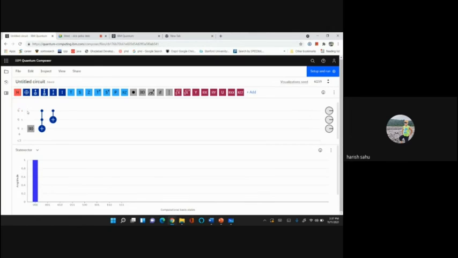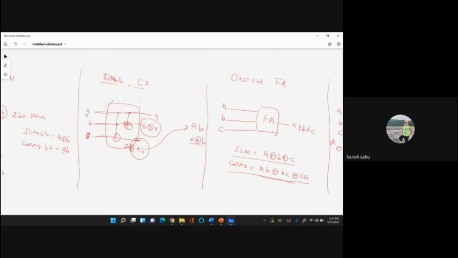I want to make the first qubit 1, so simply apply the NOT gate. When I apply the NOT gate, the first qubit will become 1. In case the first bit is 1, if you see our circuit here, what will be our output?